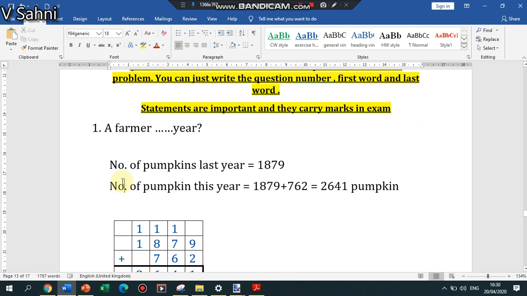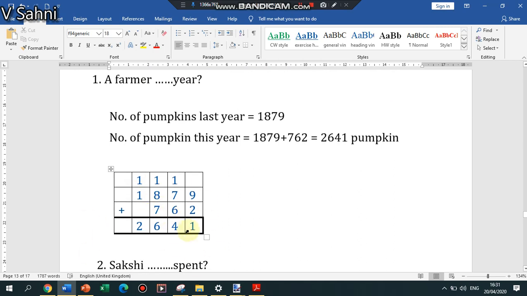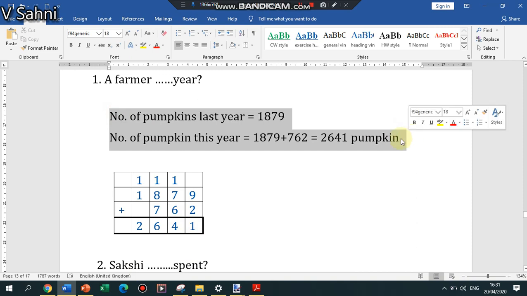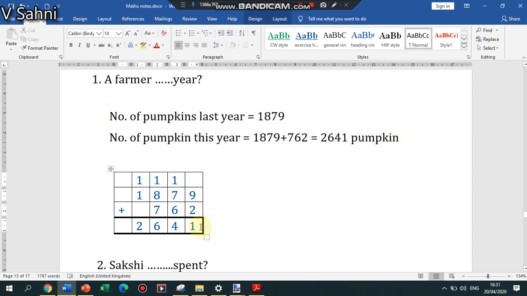Let me be very clear. How do we go for the marking in the word problem? The statements are also given marks. Whatever marks I keep for the word problem, half a mark, as in if a word problem is for 2 marks, then half a mark is given for the statements and 1.5 marks are awarded to the working. So if you are not going to write these statements, and you simply write the correct answer and show me, and the question is for 2 marks, you will be awarded 1.5 marks.